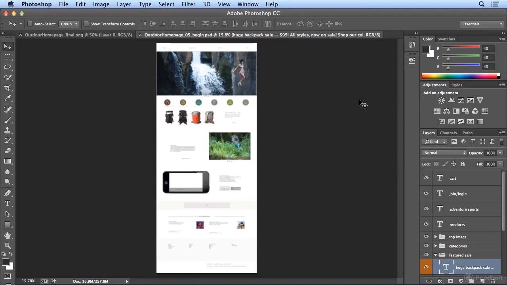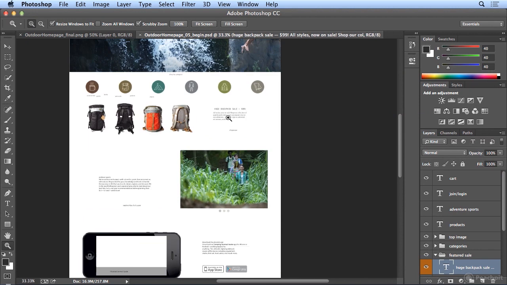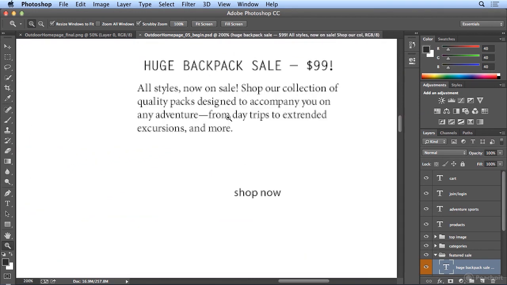Paragraph styles in Photoshop allow you to work smarter, not harder. And I'm saddened every time I see someone who doesn't know they added character and paragraph styles to Photoshop in the last few versions. If I zoom in to this text that's already been formatted,